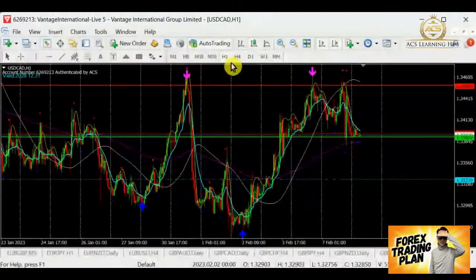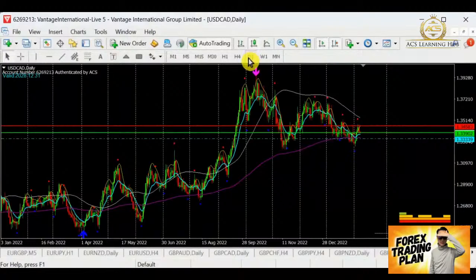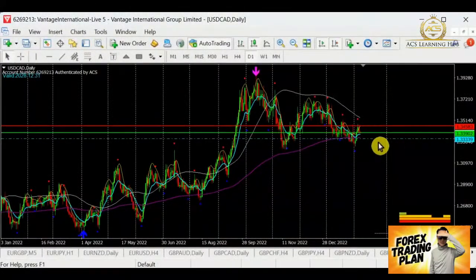Dollar CAD for now, we are into the bear. So we should be looking out for selling once again. But if this dollar CAD is going to continue the selling, I urge everybody to be patient and wait for the support to break before we take action. Even if we break the support, we still have about 124 pips to test the next support, which is a very crucial support here.